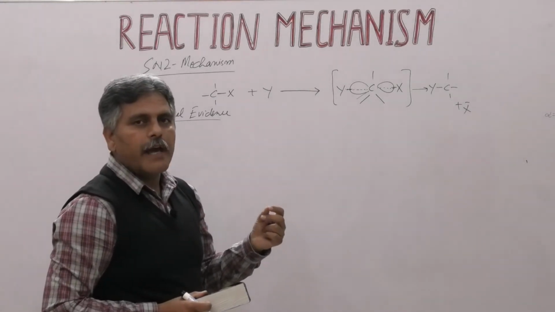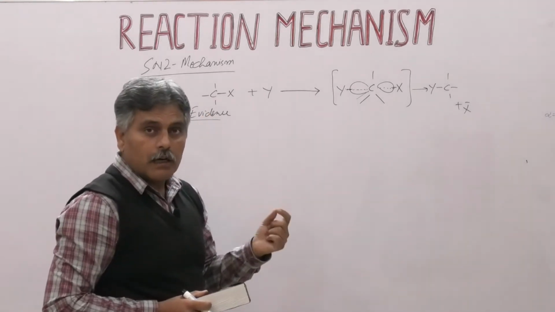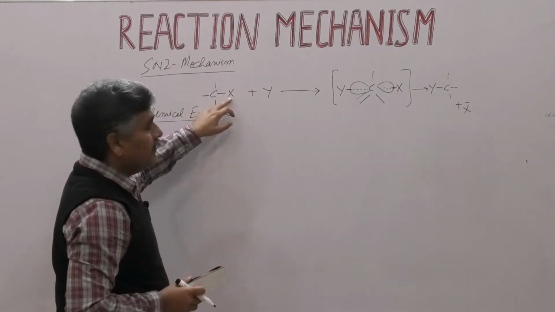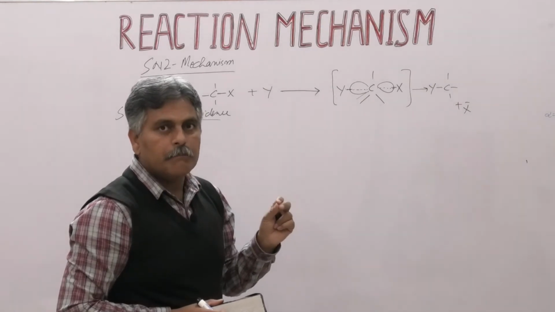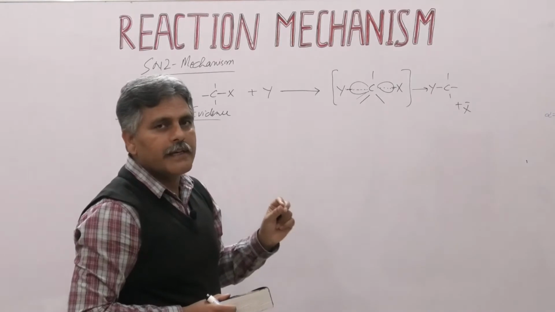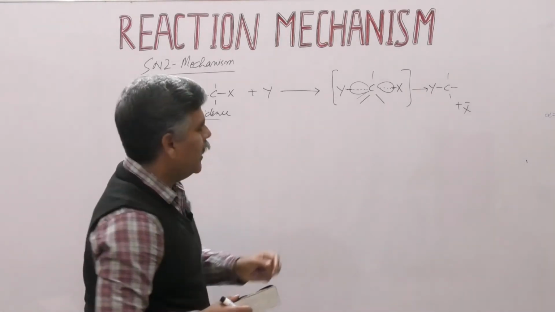It means when you carry out the SN2 reaction at a chiral carbon, because Y attacks from the opposite side of the leaving group, there is inversion of configuration. So complete inversion of configuration is observed in the case of SN2 mechanism, which is the direct evidence for this SN2